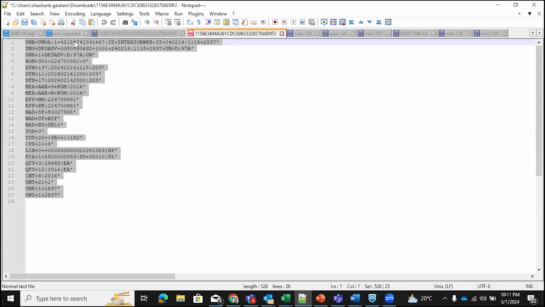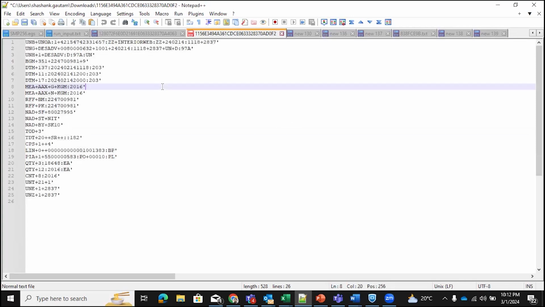Basically, see, EDI transaction code 850. In which segment do you basically get it in 850? See, basically EDI code is called the sender identification code and receiver identification code. This is the EDI code of the sender and this is the EDI code of the receiver, in case of EDIFACT. In ISA